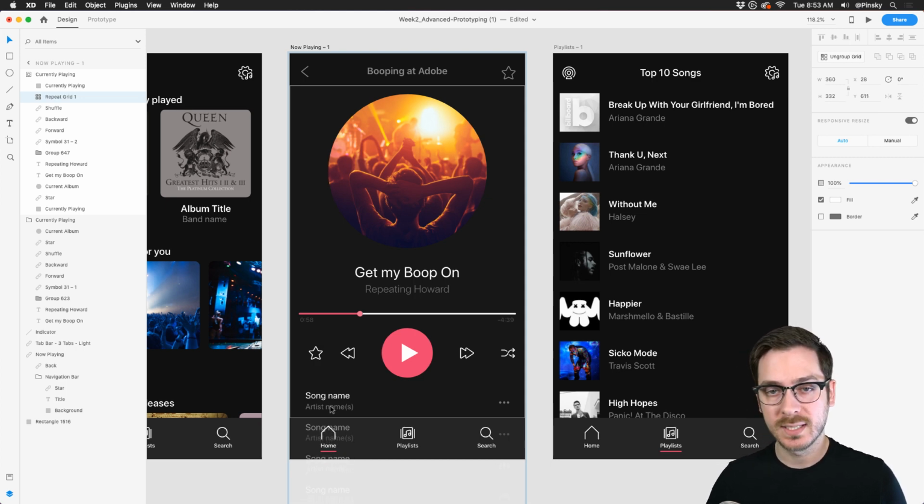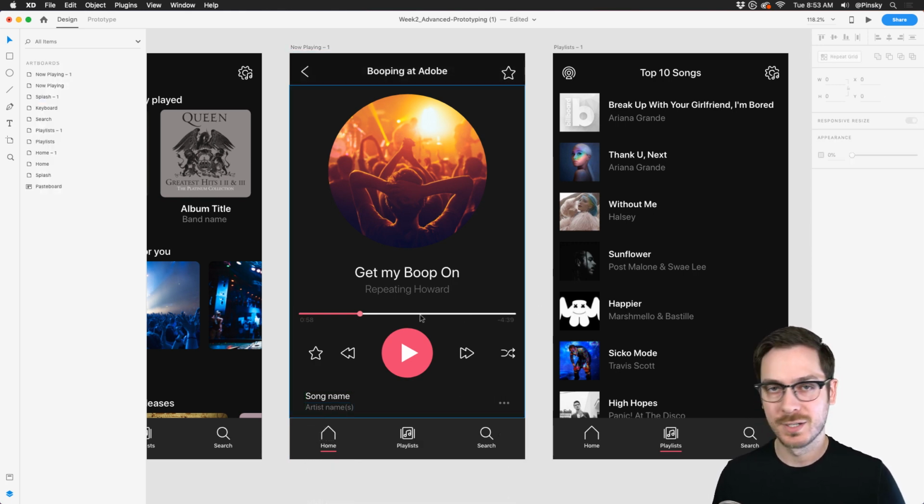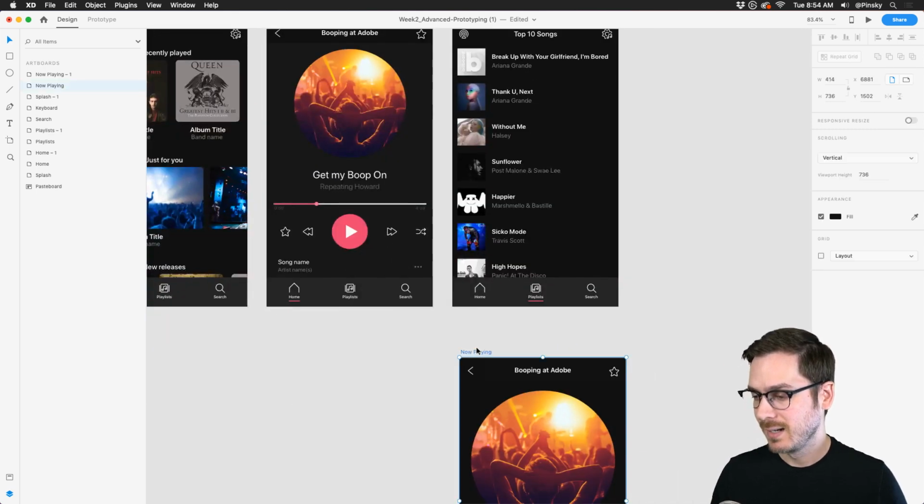So if you want to very quickly get to additional songs, and this is the kind of cool thing I like about designing, as you are continuing to build out your high fidelity prototypes and even low fidelity, you start realizing that maybe this element should be on this artboard and maybe this one should not be on this artboard and maybe I don't like this artboard at all. And you start to get these new ideas and eventually your design will just blossom into something really cool. So now that that's done, I can delete this.